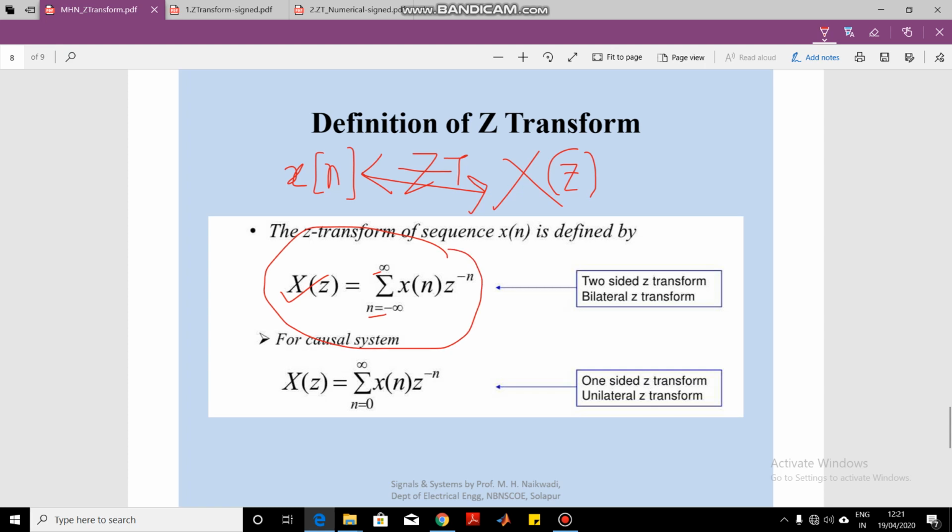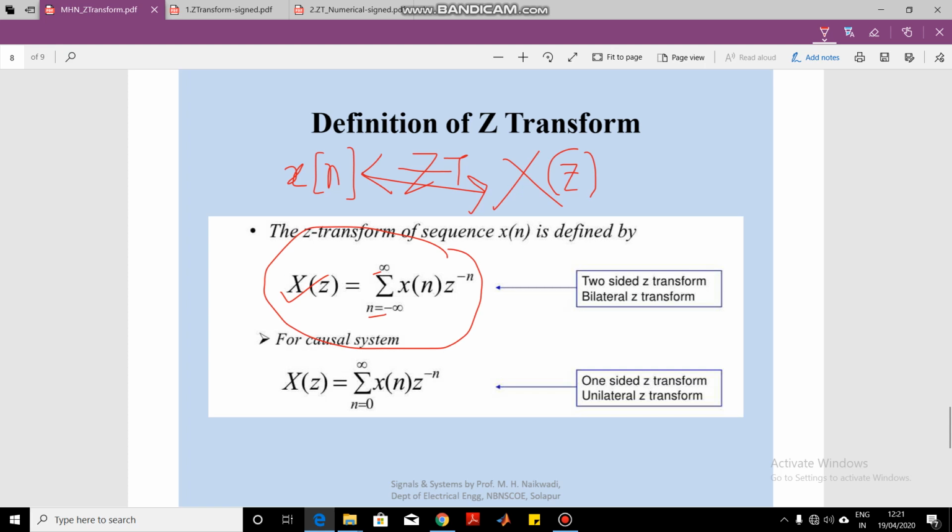You have to remember this formula for the Z transform. Now you can see here the values of n are negative as well as positive, so it starts from minus infinity to plus infinity. But if we say that x of n is a causal signal, what is meant by a causal signal? A causal signal is a signal which exists only for positive values. If you take only the values from 0 to infinity, and not the negative values x of minus 1, x of minus 2, x of minus 3 and so on, then this becomes a causal signal.